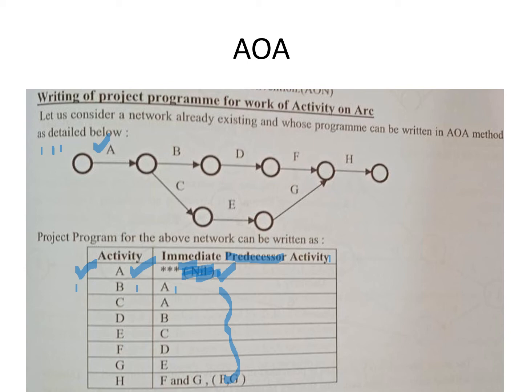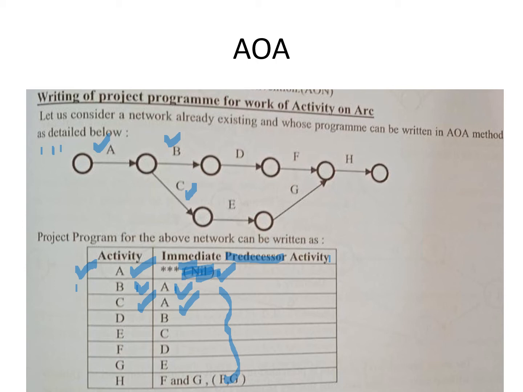And then it is followed by activity B. So as you can see, activity B is preceded by activity A as far as the table goes. So you have activity B and preceding it you have activity A. Now you also have activity C, which is also preceded by activity A. So which means B and C are both happening after activity A gets over. They are happening simultaneously, right, they can happen together.